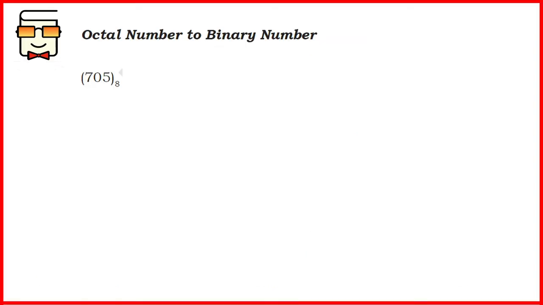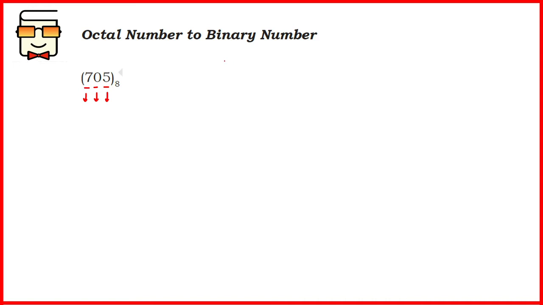Starting with the first part, where we convert an octal number to a binary number, we are given this particular octal number. What is the process of doing this? For each digit present in the given octal number, you have to write its binary representation. You'll write the unique combination of 3 binary digits that represents each digit of the octal number. And why are we writing only 3 binary digits?